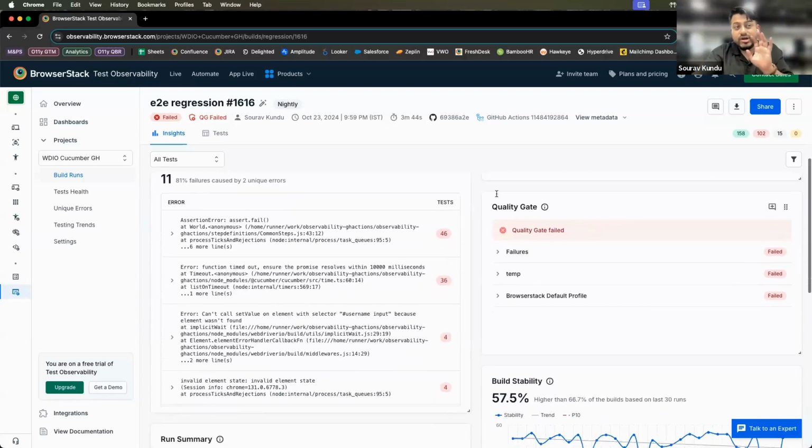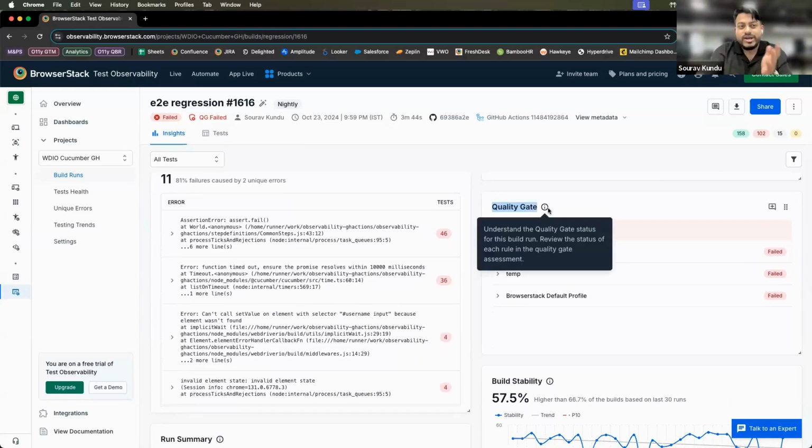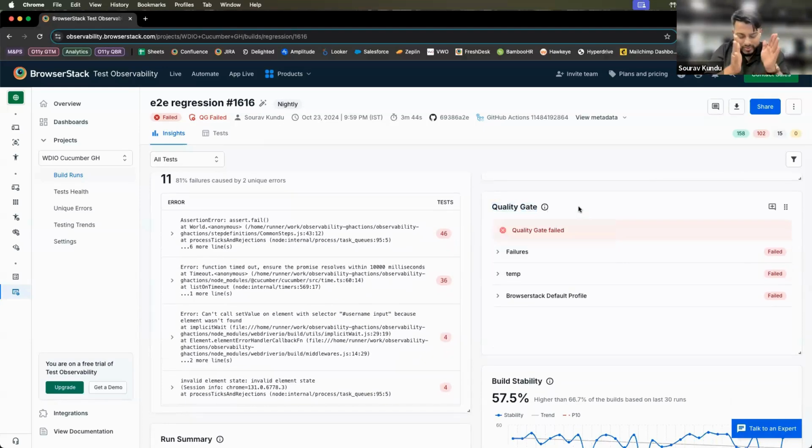Now, moving on, we have something called quality gates. Now, what does quality gate do? After talking to maybe hundreds of customers, what we've realized is that the key reason why a lot of the customers are not able to do continuous deployment is because of not having green builds. You don't really have builds where all the tests are passing. That's like a dream for many companies, right? So